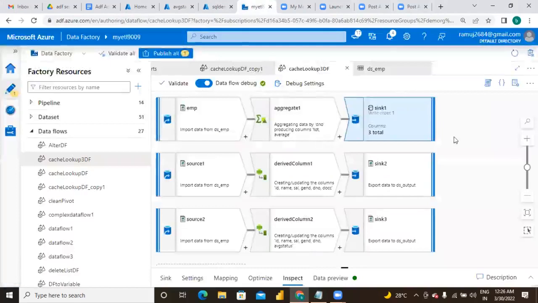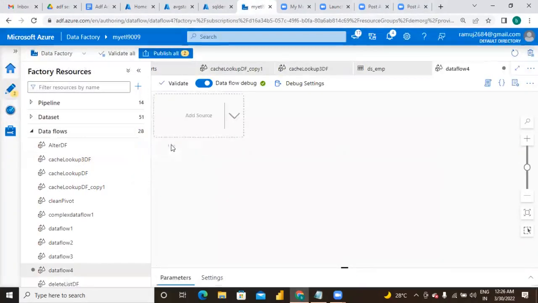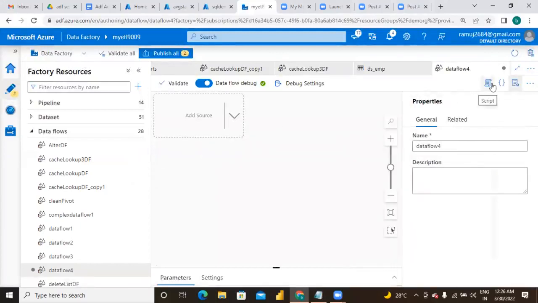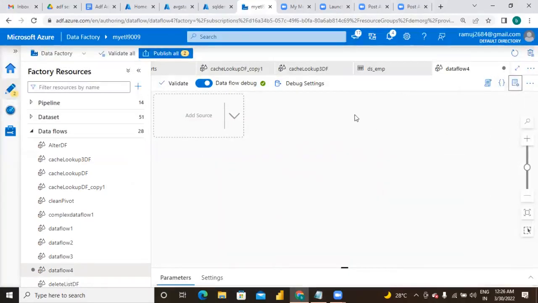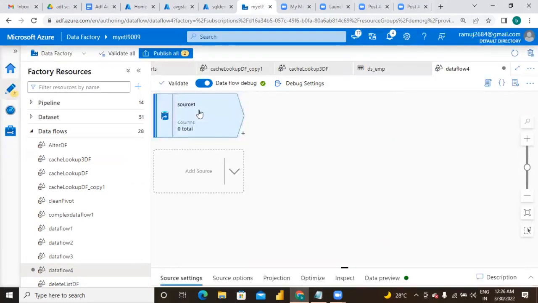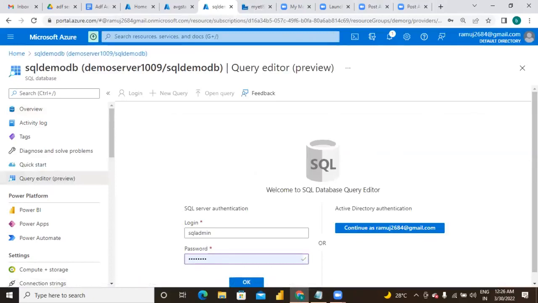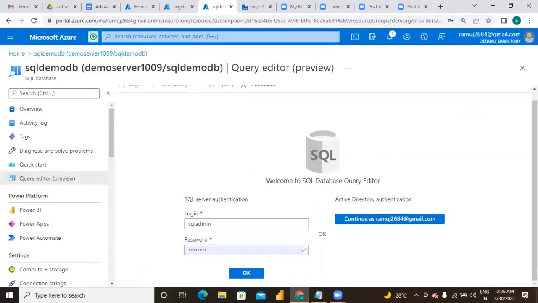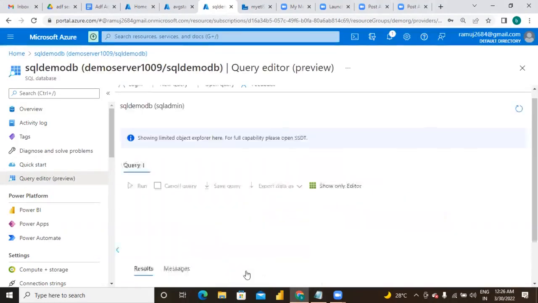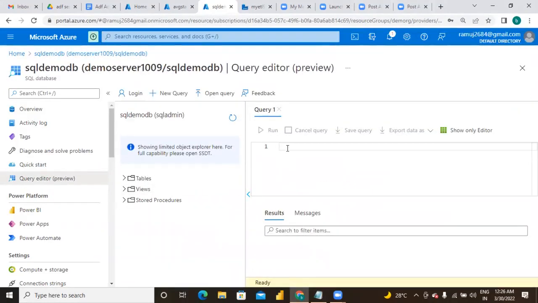Just come to your data flows. I'm creating a new data flow, which is for my table. A fresh table I will create first. I'm entering into the query editor. Just logging in, with the table name I'm giving